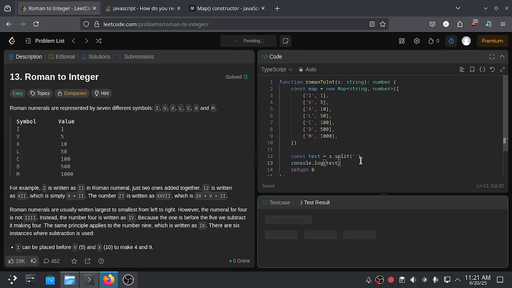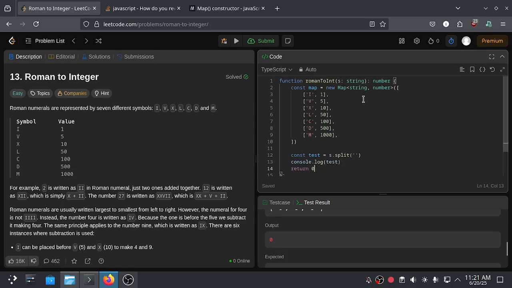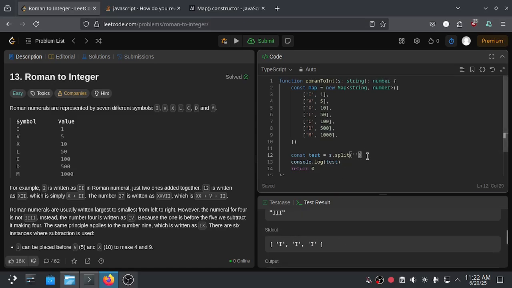Let's run this again. Okay, so the console.log returns right here S, D, I, I and I, which is correct, and the output is 0 because we're returning 0 for the function output right here. So it's a good start.